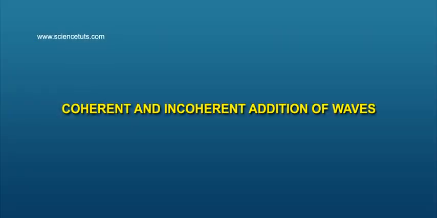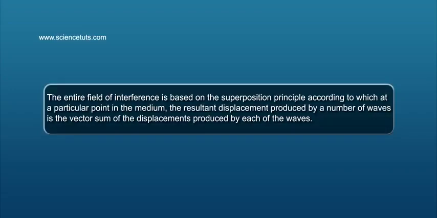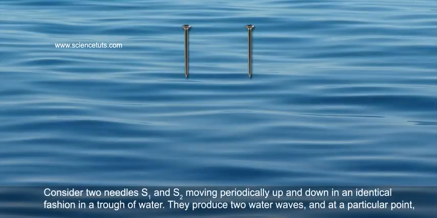Coherent and incoherent addition of waves. The entire field of interference is based on the superposition principle, according to which, at a particular point in the medium, the resultant displacement produced by a number of waves is the vector sum of the displacements produced by each of the waves. Consider two needles, S1 and S2, moving periodically up and down in an identical fashion in a